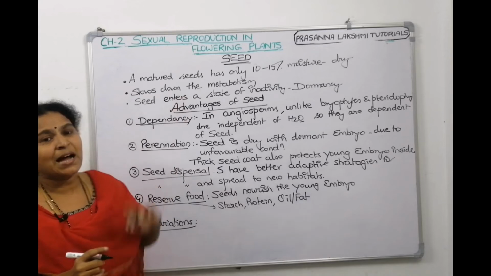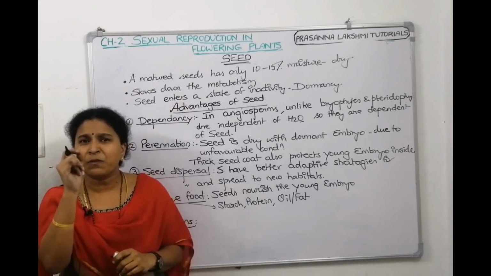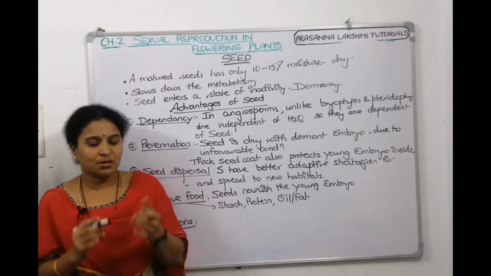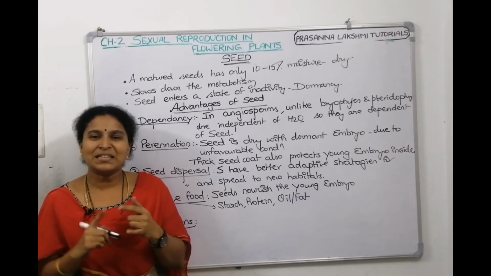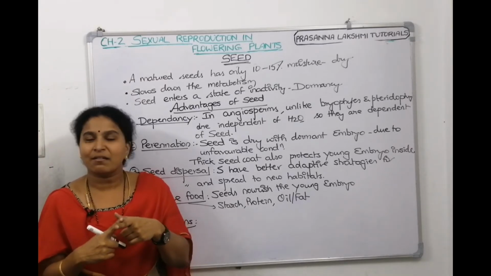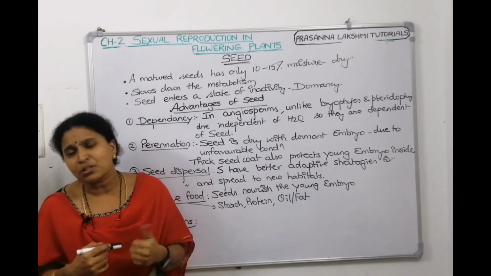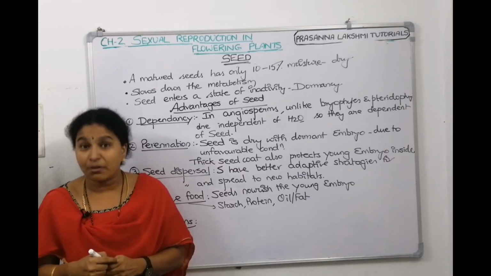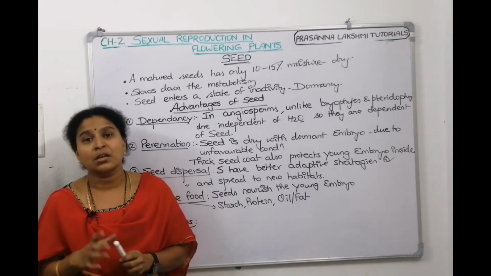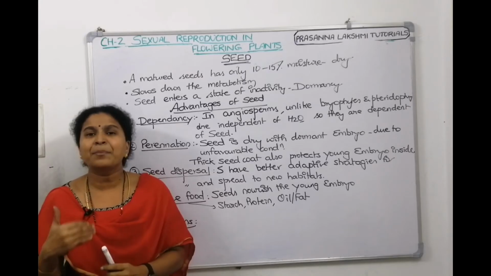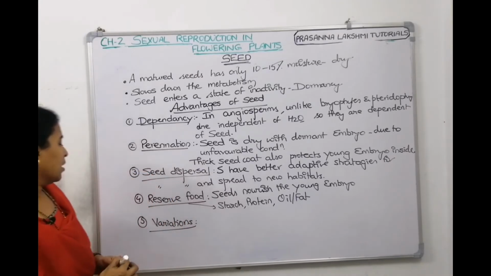Then next one, we can talk about variations. Somewhere at the start we wrote that the seed is a final product of sexual reproduction. Sexual reproduction means, children, meiosis. Meiosis means chiasmata, crossing over, recombinations. Because it's a product of sexual reproduction, it shows recombinations and variations. Anything having variations can adapt better to changing environments.